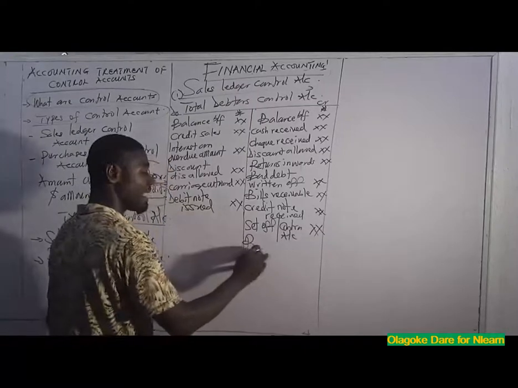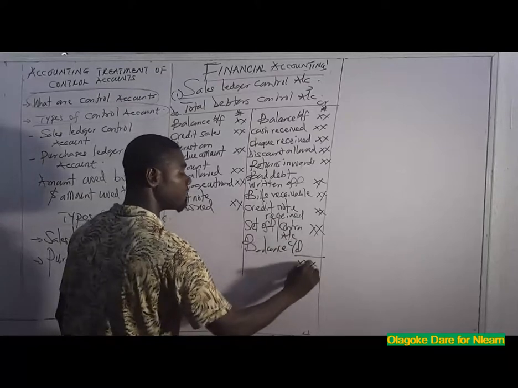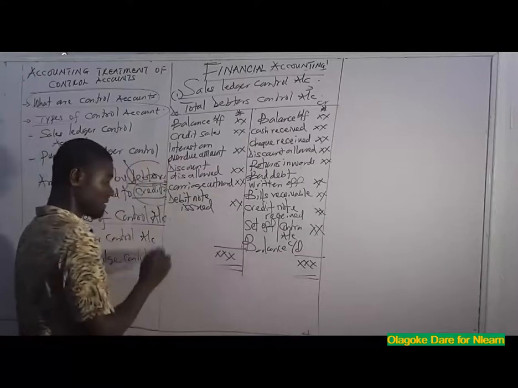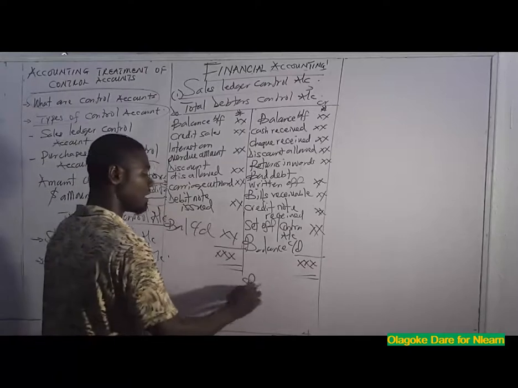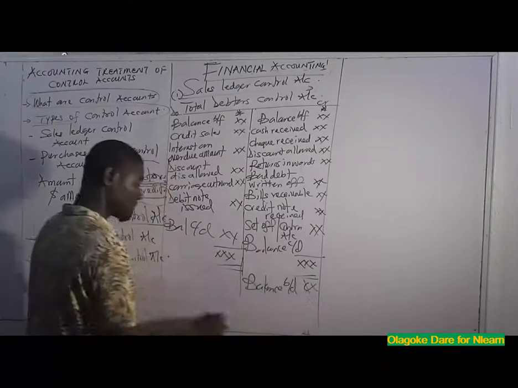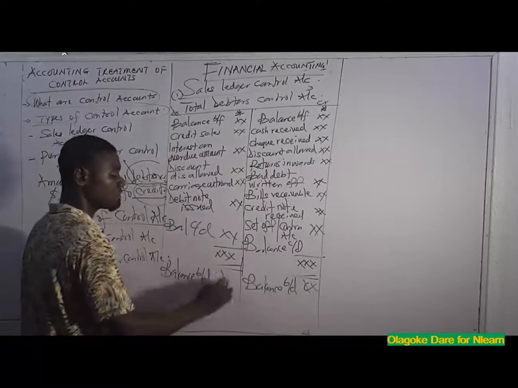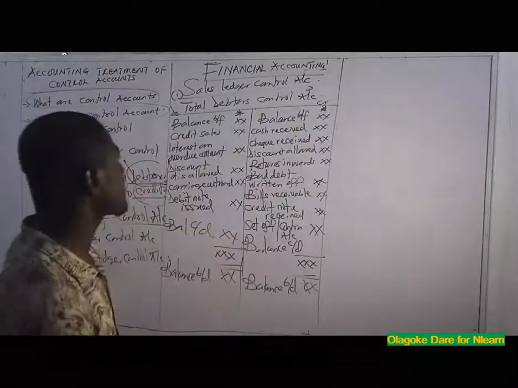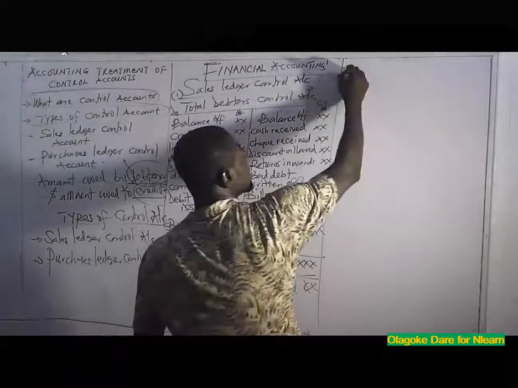So here I have balance carried down, and I have the value here. Here I have my balance carried down. Here I have balance brought down. Okay, so here we talk about this, this is our sales. The number 2 is